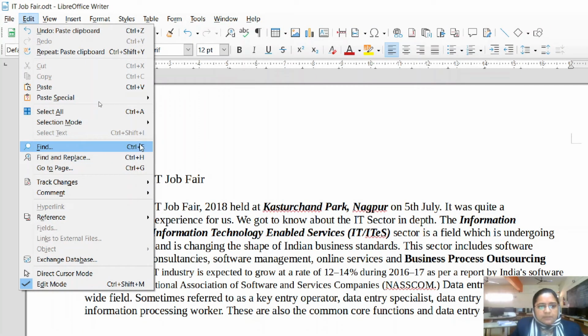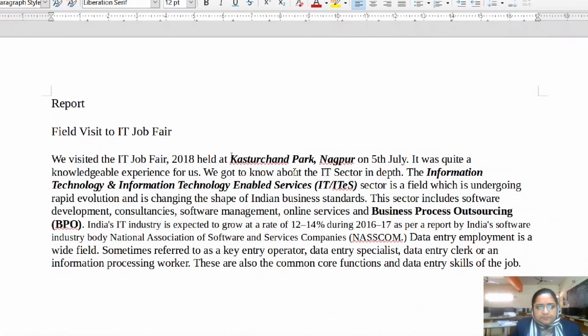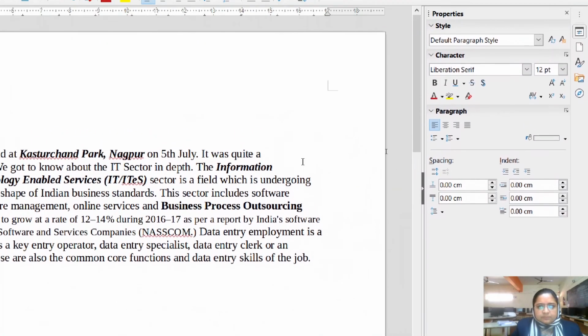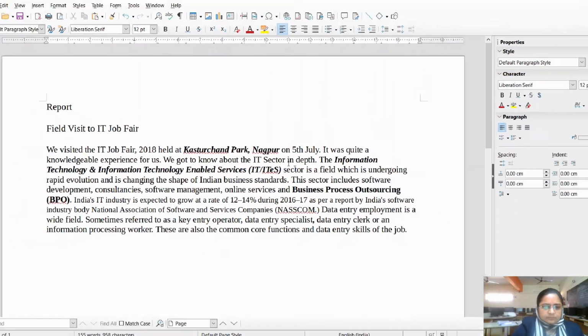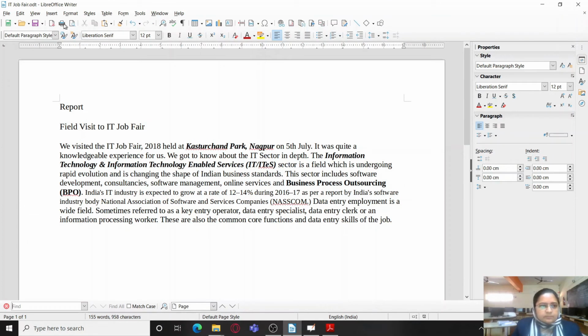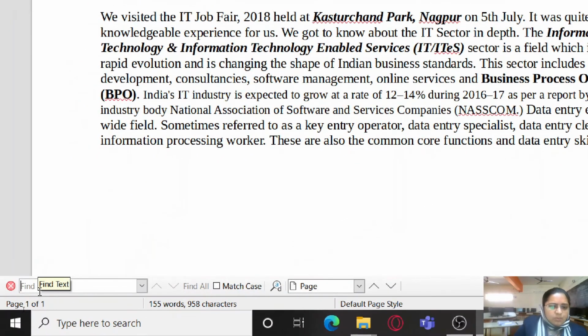The shortcut key for Find is Control F, and for Find and Replace is Control H. So just click on Find, and when you click on Find, it doesn't open any new dialog box, unlike MS Word. This is a difference from MS Word.